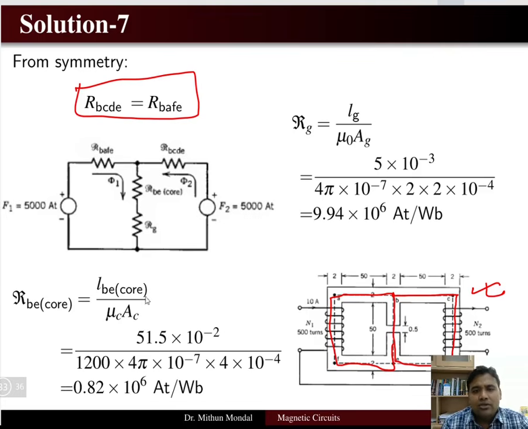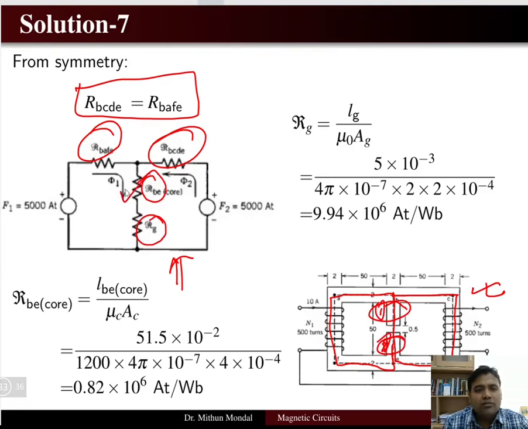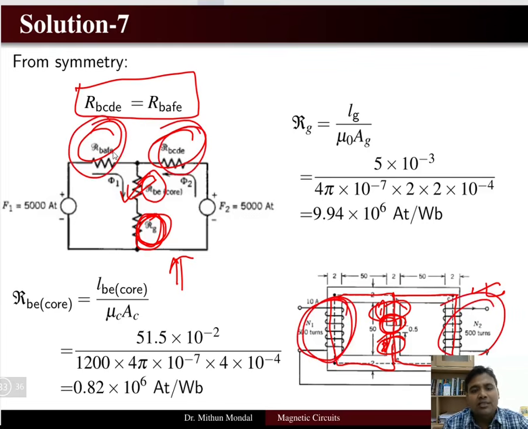Moreover, we can draw the electrical circuit. So this is the electrical circuit. Here at the two extreme ends you will have the resistance of the core, and here you have the resistance of the air gap along with the core material at the center leg. So these 1 and 2 will combine to be the resistance of this core material, and you have an air gap here. So that is the air gap in this part, and this part of the circuit and this part of the circuit will form the core material on this side.